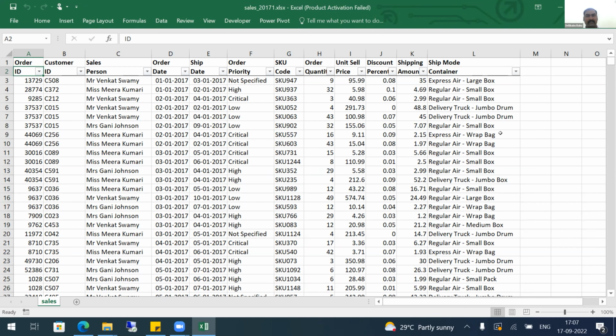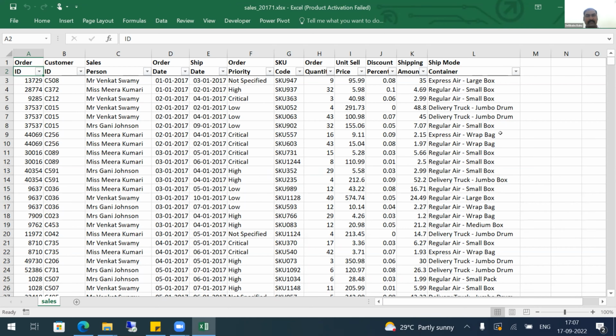In a similar way, here also you see order number is in the first row, customer sales in the first row, and in the second row, the ID is committed. This is already split. If you extract from some in-house applications, there are some limitations. They will give it this way only. Again, you need to do some formatting. But every time you download the data and format it, it is a very critical